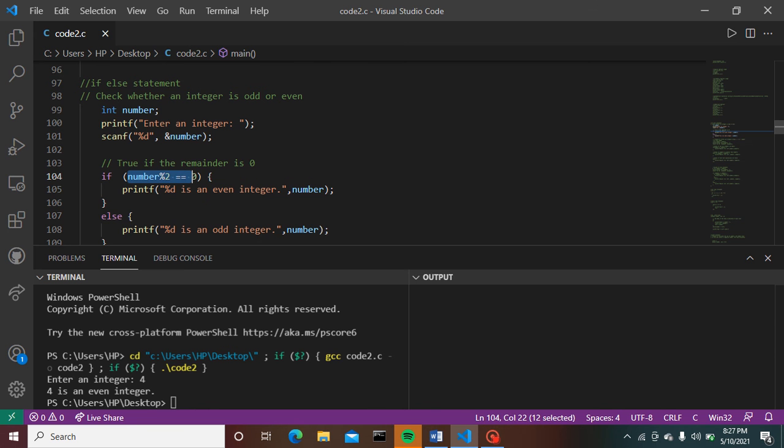So here printf %d is an even integer, comma number, that is 4 is an even integer, is given by the compiler. That's how an if else statement works.